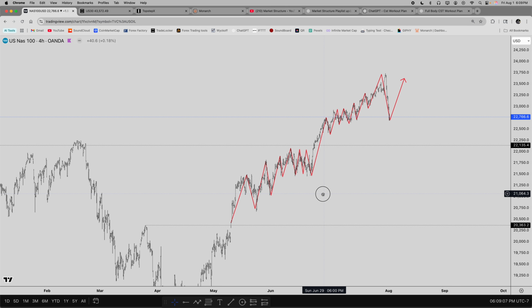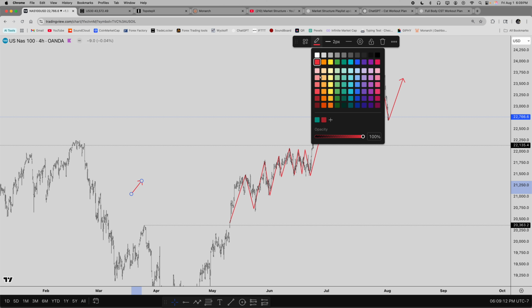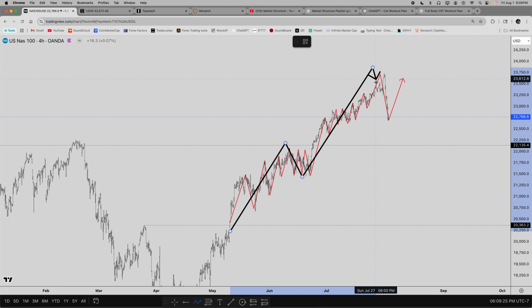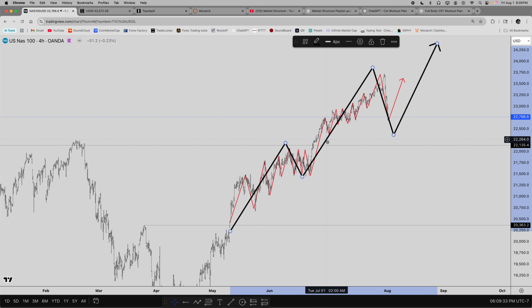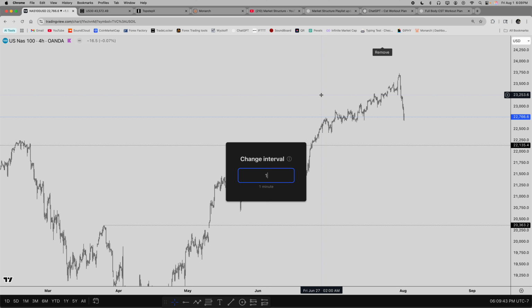Let's zoom out a little bit, and let's just make this a different color. Let's just say that's black and then 4. All right, so let's just say we're doing this: higher high, higher low, higher high, higher low, higher high. Same thing, same uptrend, but once you zoom in, you see more of the technicalities, and you see more highs and lows. But on higher time frames, going back to even the monthly,